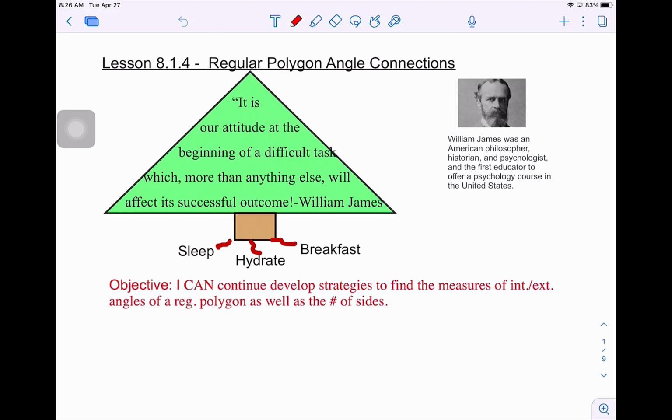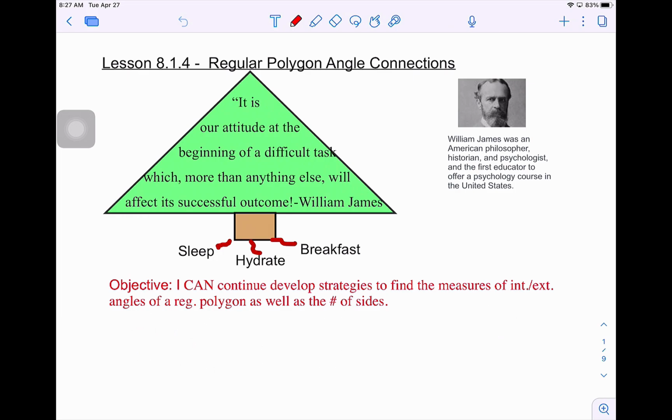All right, so what we've been working on so far in this chapter are all those interior and exterior angle relationships. Some of the interior, some of the exterior, how the interior and exterior are related to each other, all that type of stuff. Okay. Today, 8.14 is basically a practice day with making all of the connections of